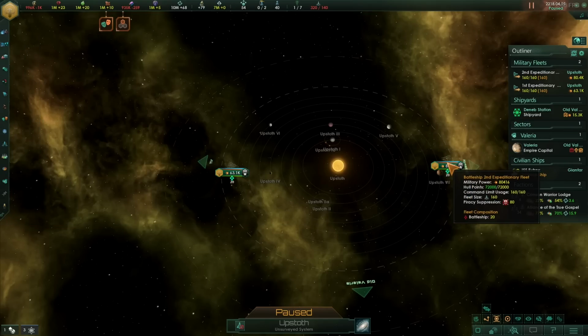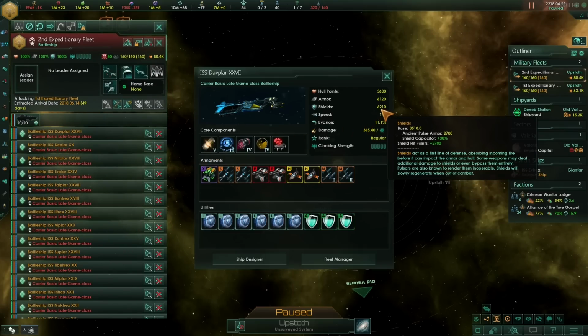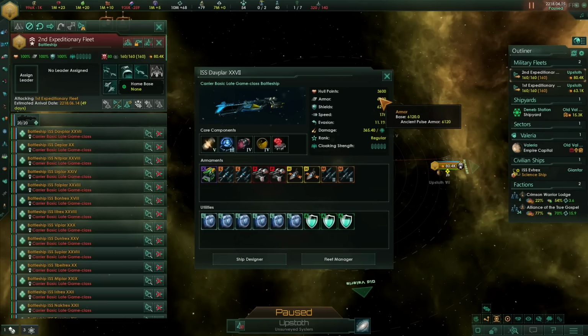This is my carrier fleet here, the battleship fleet. Now look at the shield number now when you actually build them. This is the benefit of the Ascension perk, which gives us much more shield hit points. You can see there, right? 2,700 ancient pulsed armor, plus shield hit points 2,700, plus 30% from the shield capacitors, 6,210 shields, 6,120 armor, and then 3,600 hull points. That gives me a total of 5,930 points all up, which is just massive for a